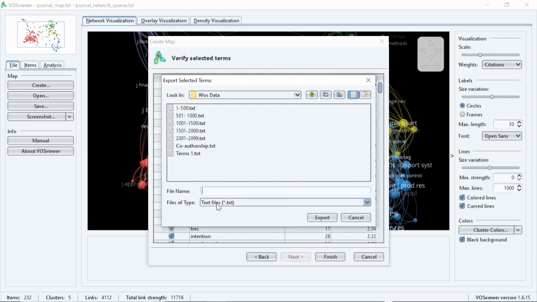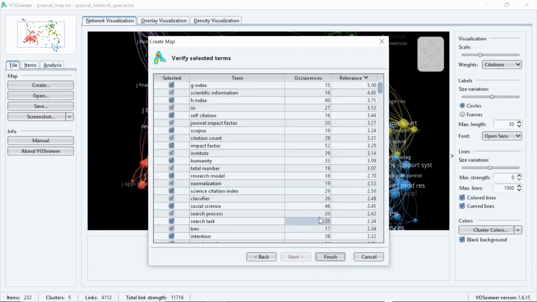The files of type, we have to change it into CSV, comma separated values. And we will name this as terms of occurrence. And just export. It will be automatically exported to the destination folder. And now we will finish this and see how the map comes out.